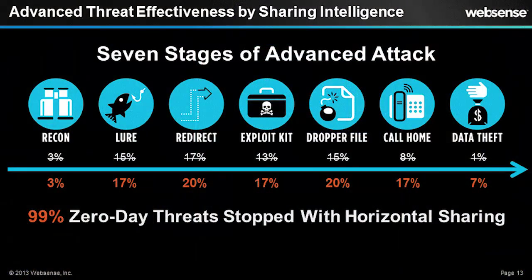And what we found through our study with Websense Labs is that if you have something that has horizontal sharing, you can minimize your 0-day exploitability. You can never eliminate it, but you can minimize it. When you look at the numbers up top that are scratched out, as you see, recon is recon. You can't stop anyone from basically casing you to make sure that you're alive and well. That's more of the human reaction. That's the only thing you control. But now we're talking solutions. It's always about people, process, and technology. So now you're talking solutions.